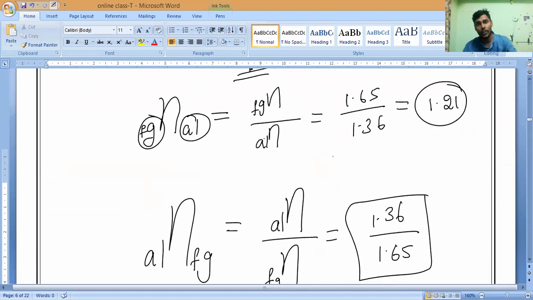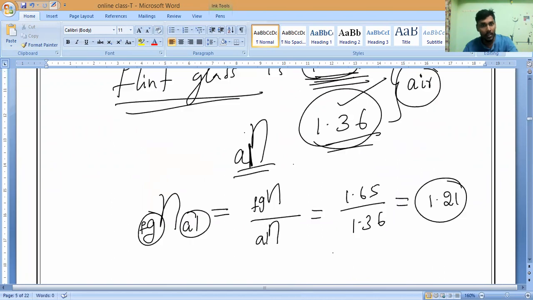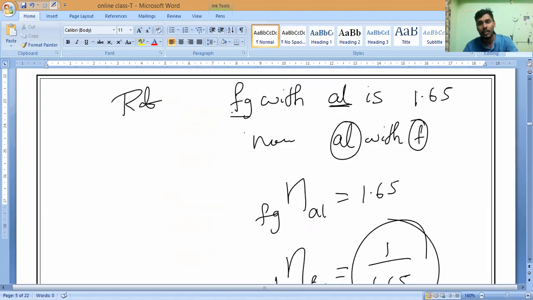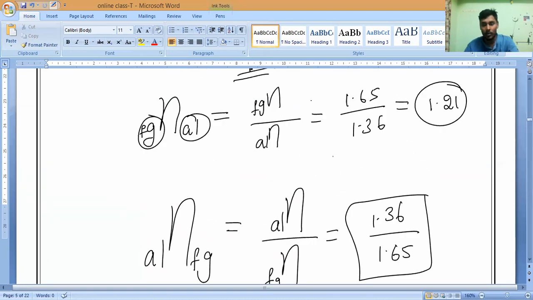But here two different mediums they have given. Do you understand? Absolute refractive index they have given. So be very careful when you solve. Understand, guys? And my analysis is, remember, particularly in this case of relative refractive index, both the values will be there in our MCQ options, because they set the question paper like that. So be very careful when two refractive indices are there in the given question and they are asking us to find the relative refractive index.